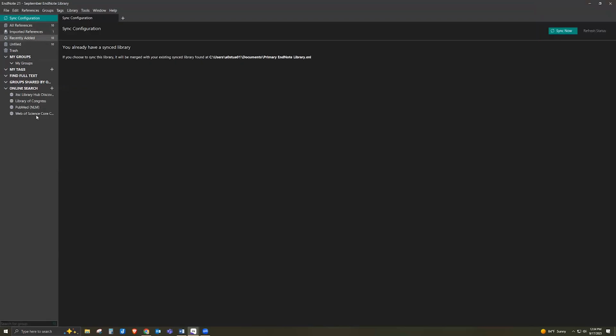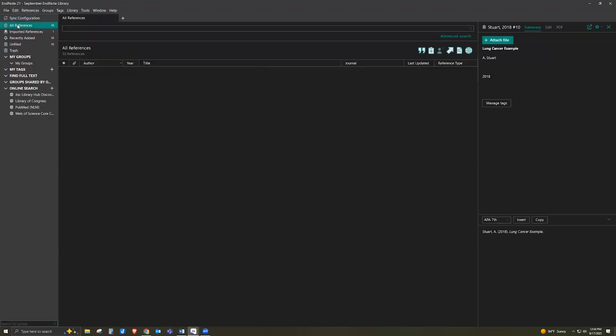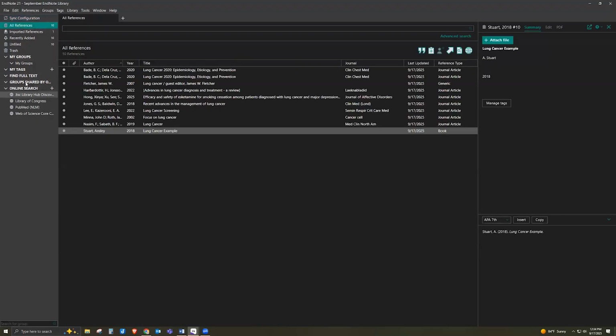So once you have synced your EndNote Online account, then you can start sharing your EndNote groups with other folks. So if you're working out of a group project together, you can do that. So if we go back to all references here, we can create a group. So groups basically just act as folders in EndNote. So if you do create group,